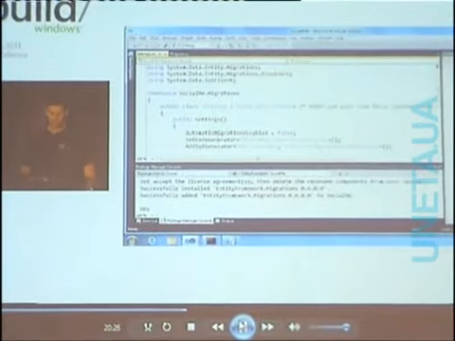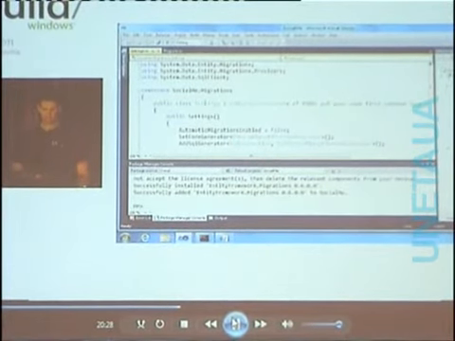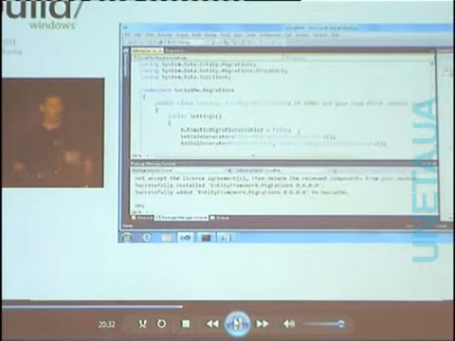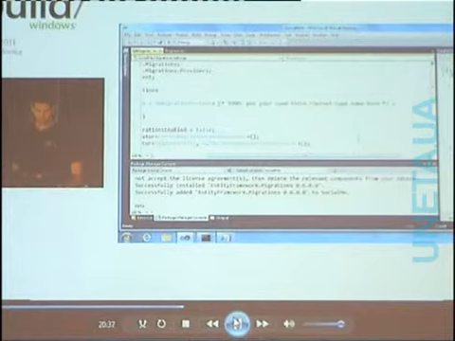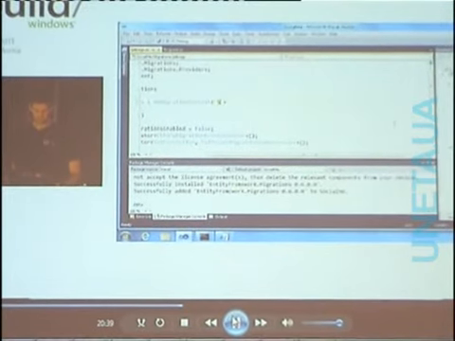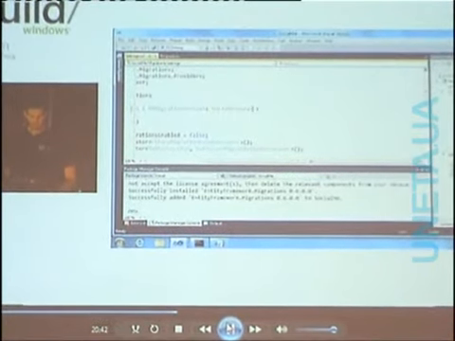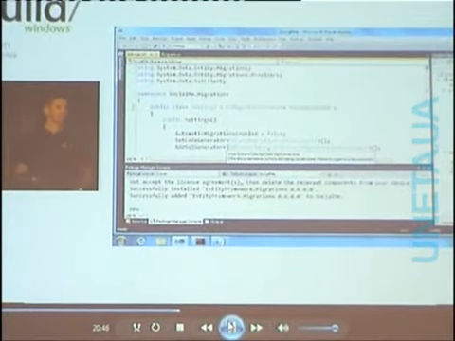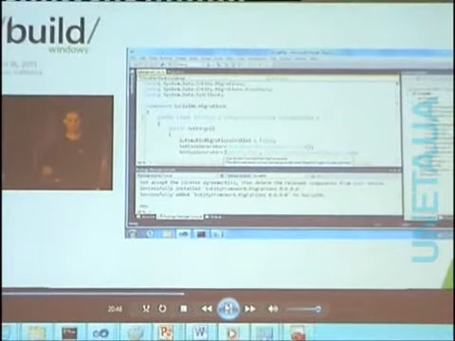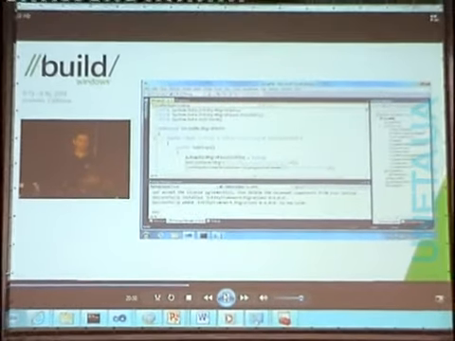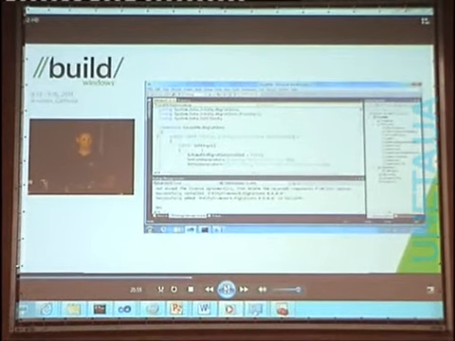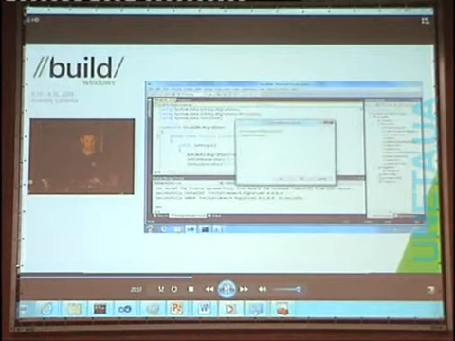And it also scaffolded out this class for us called Settings. And what Settings is asking us to do first is saying, tell me about the context you're going to be evolving. So I'll fill that in here. Put your code first context type name here. And that's our SocialContext. And the rest of our settings file just has options that we can tell Entity Framework migrations about. So for example, should we generate the code using C# or VB? And what kind of database are we going to? In our case, we're still going against SQL Server, so we can close our settings file.